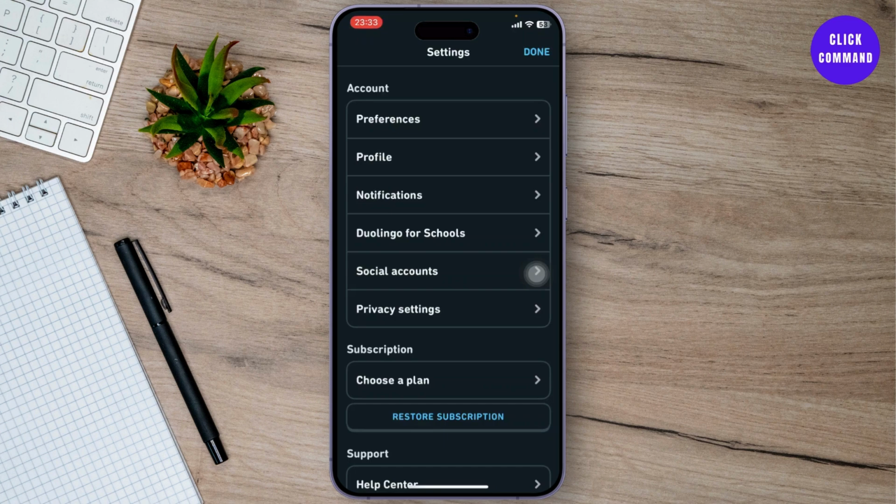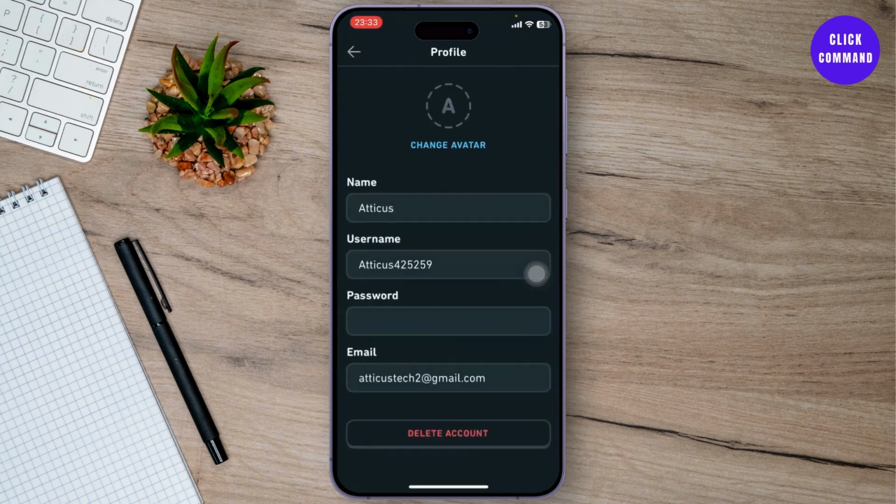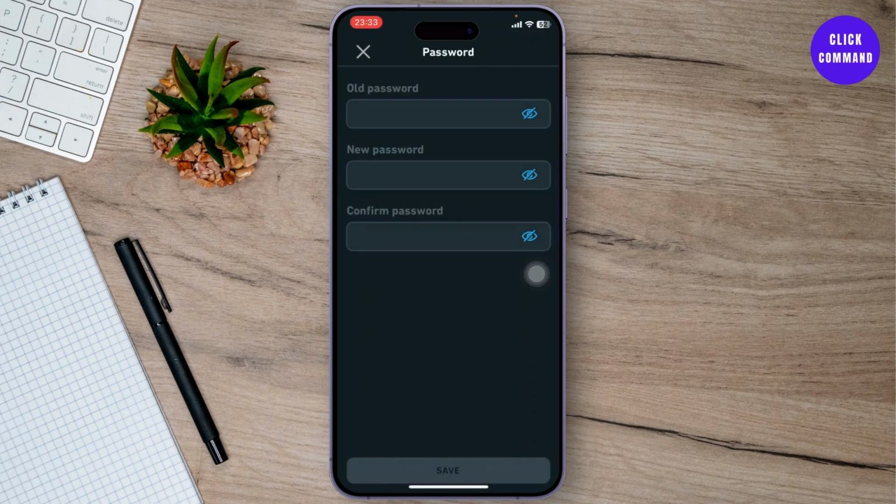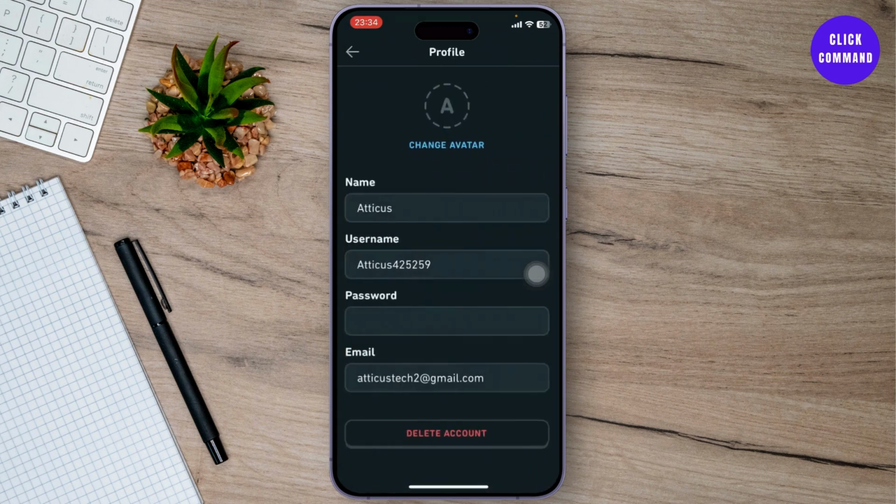Now under settings, you will see profile. Under the account section, tap on profile. Now here you will see your name, your username, your password, and your email address. Now tap on your password, and after you do that, you will be able to type in your old password there. Type in your old password and then type in your new password and retype the new password to confirm your new password. After you do so, simply tap on save and you will be able to just reset your